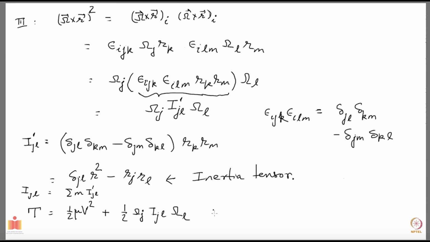And if you want to construct the Lagrangian, your Lagrangian will be just T minus the potential energy here. The potential energy will depend on the location of your center of mass and the orientation of your rigid body, which will be given by the Euler angles, which we have talked about already in one of the previous videos. So that's for the kinetic energy, and we have again seen that the inertia tensor appears here as well, and we can express our kinetic energy nicely as a product of the inertia tensor and the angular velocities. We'll continue more on rigid bodies in the next video.